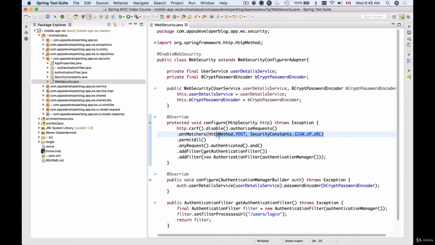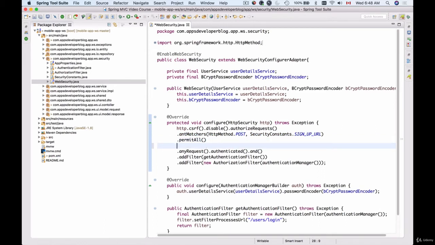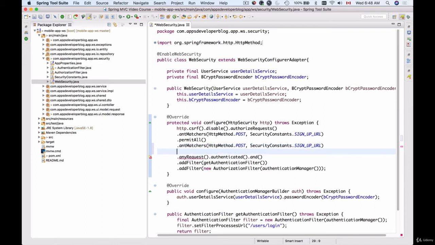So to add one more public endpoint, we can copy the sign up URL and then add another antMatchers after the permitAll, and then do permitAll again. So we are making the sign up URL public, and then we are making the verification email URL public, and we will